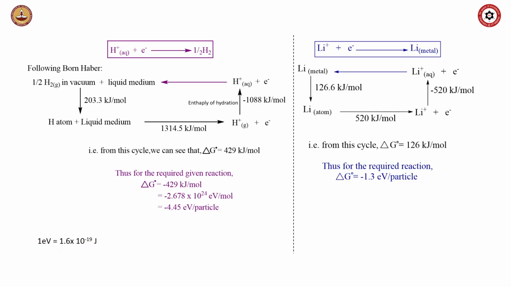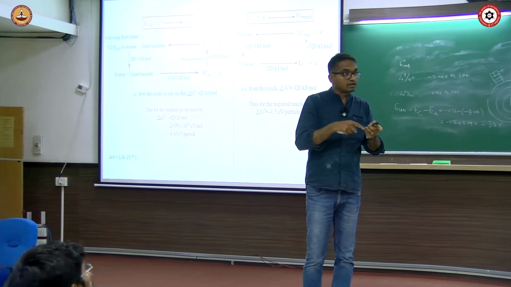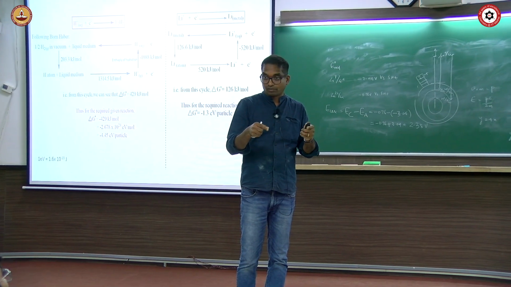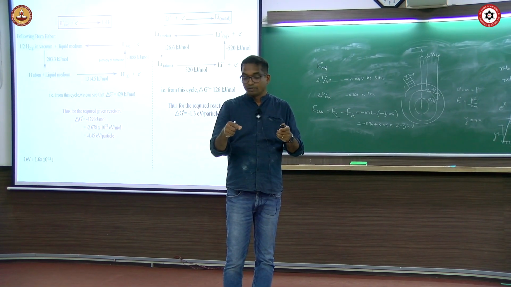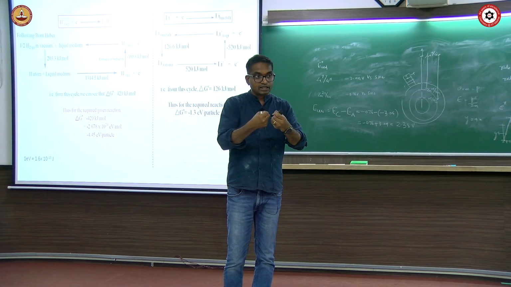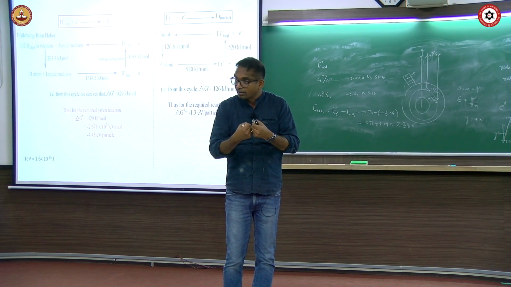Now what happens? You are dropping this in, and because the liquid already exists, it will get solvated, because this is an ion. When you drop an ion in a solvent, what will happen? There will be a solvent-ion interaction. We call it ion-dipole interaction, if the solvent is a dipole, like water, which is a dipole. So in ion-dipole interaction, when things come together, it is equivalent to forming a bond. Energy will be